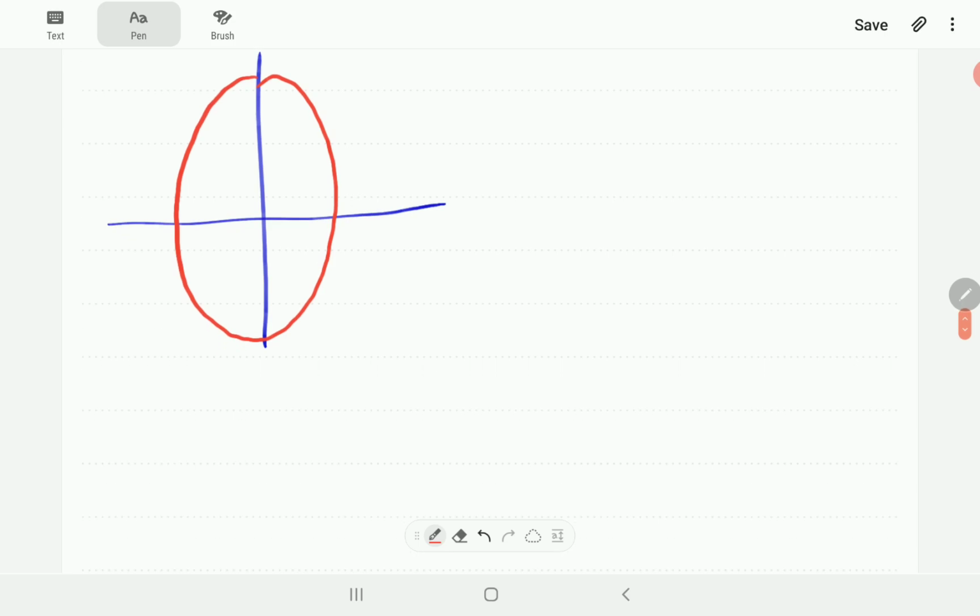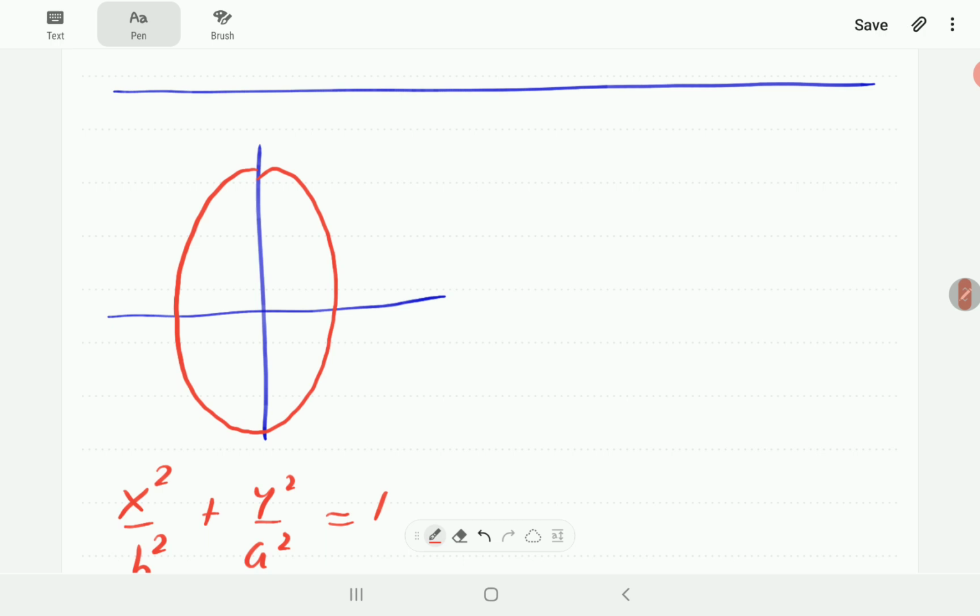All the lengths are the same as before, so this time it's going to be x squared over b squared plus y squared over a squared equals 1. Remember, this one is always bigger than this one. And then if the major axis is vertical and the